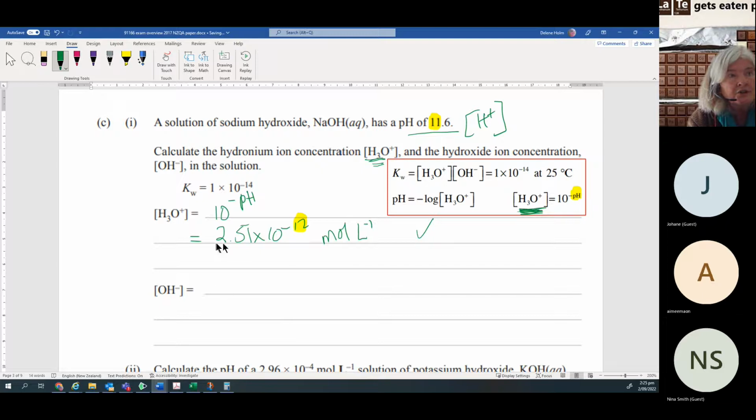You could go, now that we have that, we could just simply say it's 10 to the minus 14, because if we look at this one over here, that equation, if Kw is 1 times 10 to the minus 14 and it's that times that, then OH minus is equal to 10 to the minus 14 divided by H plus. So it's divided by 2.51 times 10 to the minus 12. So if we did this now,